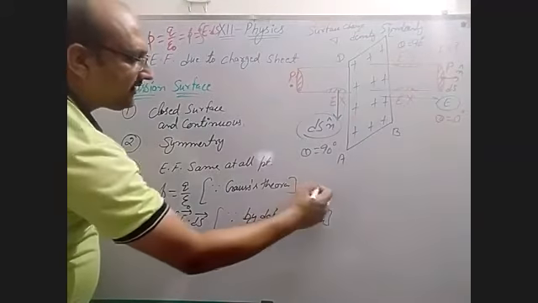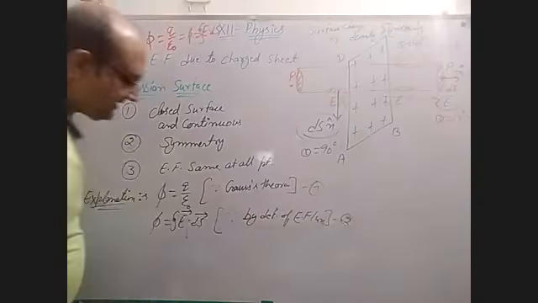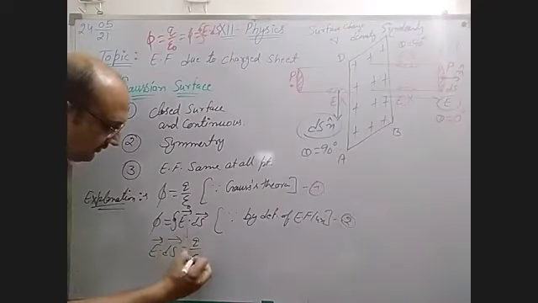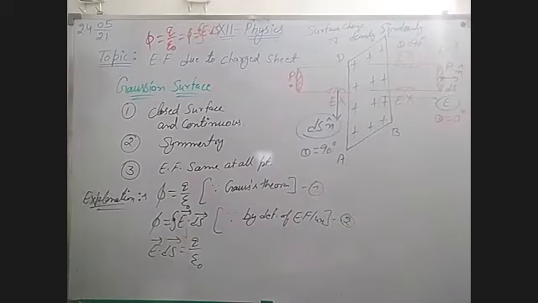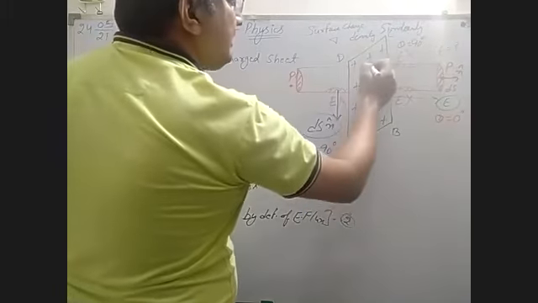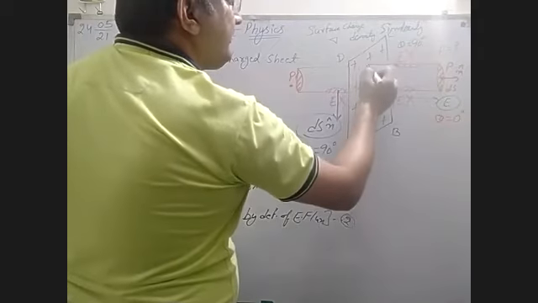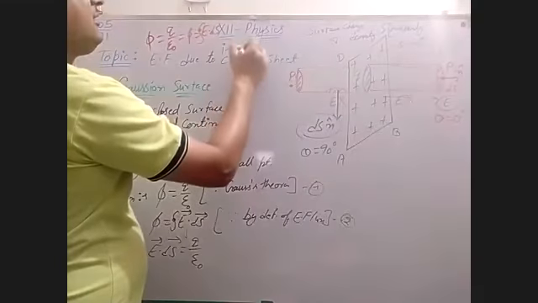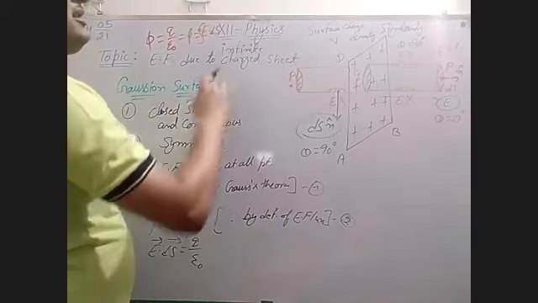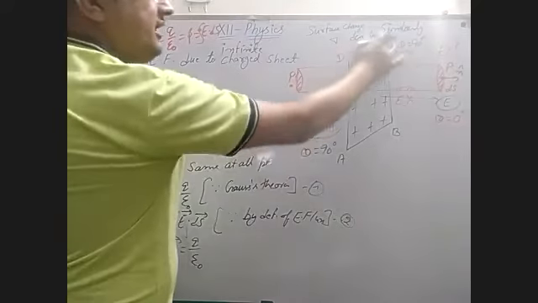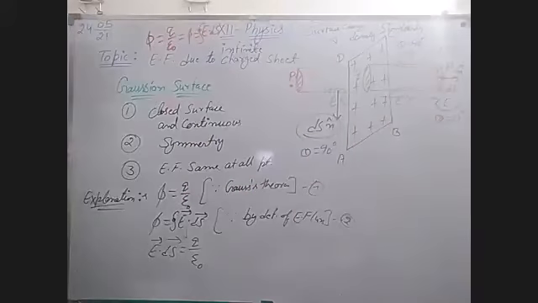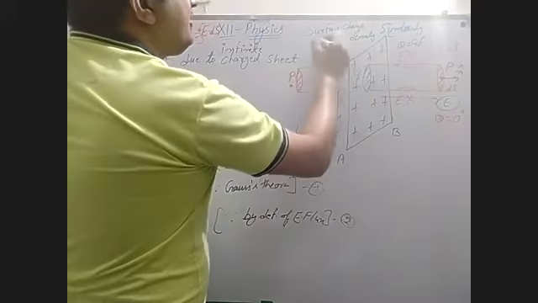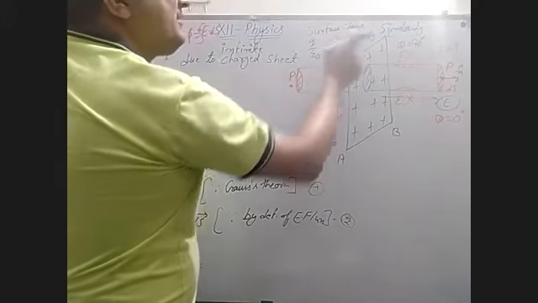Now from first and second, we can write the integral of E dot ds is equal to Q by epsilon naught. Charge on this surface only. We are assuming Q on this surface only, because the sheet is infinite, so we can't take how much charge is there in total, but on this surface we can assume Q is there, and Q by the area is the value of sigma, and sigma is the surface charge density.